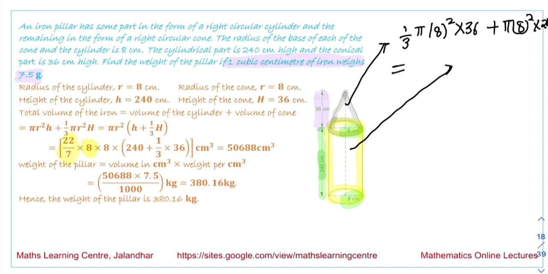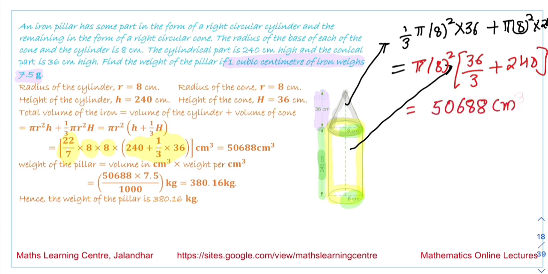It is 22 by 7, 8 into 8 into 240 into 1 by 3. So what we have done is taken pi common from both these values, 8 square common from both these values, and we are left with 36 by 3 plus 240. On calculating these values, the answer we get is 50688 centimeter cube. So this is the volume of this